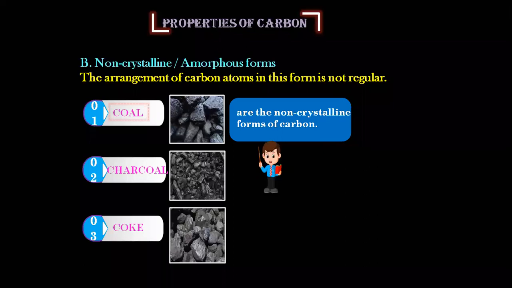Does not have a particular structure means, if you remember, in diamond, graphite, and fullerenes, we studied that in diamond, the carbon atoms are arranged in a tetrahedral three-dimensional structure. In graphite, it's a hexagonal planar structure. In fullerenes, it's a buckyball kind of structure where alternate hexagons and pentagons are arranged. So there is a particular arrangement of atoms in the crystalline form. But in the amorphous form, there is no particular shape in which the carbon atoms are arranged. So that is why they come under the irregular forms of carbon.